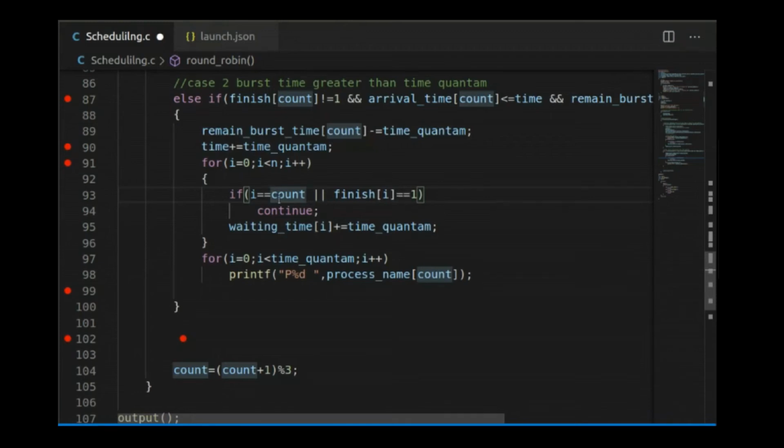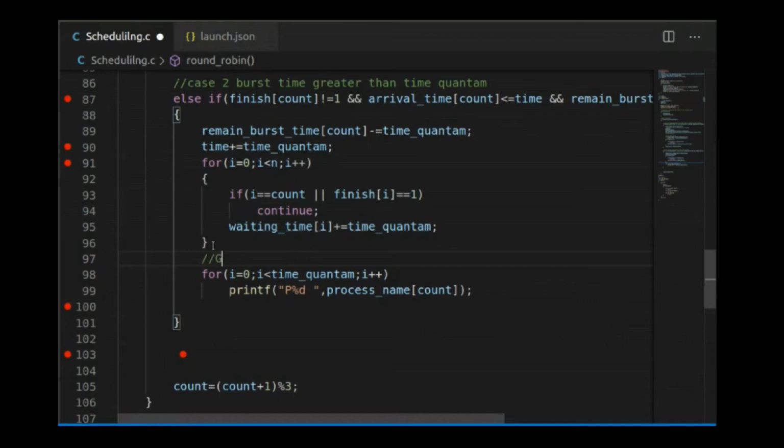But if the process is not finished and it is not in execution, we are increasing the waiting time by a time quantum. Okay. And then again we are printing the Gantt chart here. And then we are incrementing the count variable.